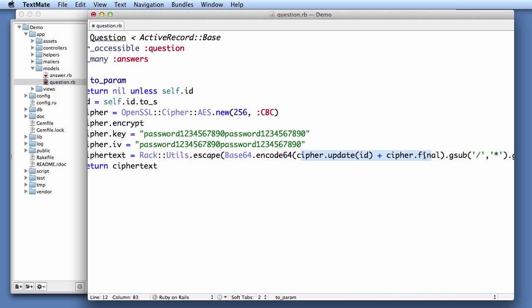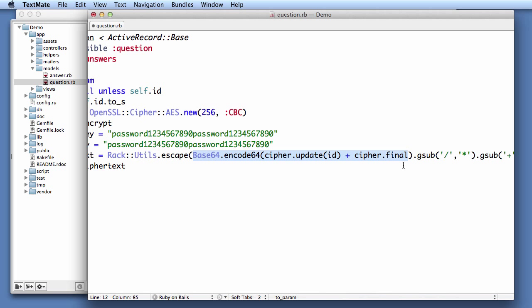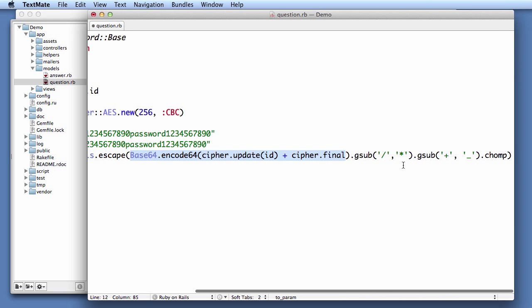But that encrypted data is not going to be in a usable form just yet, because this cipher will absolutely return binary data, and binary data is not going to do very well in a URL. So our next step is to simply base64 encode that data. That's easy enough, so that should be easily digested in a URL. However, within that base64 encoded data, you will have things like plus signs and forward slashes. The forward slashes can be quite dangerous for Rails because it can end up interpreting things as actions that we didn't mean to, and the plus signs can be dangerous too because we could end up with our browser interpreting